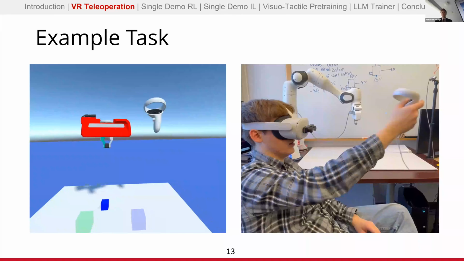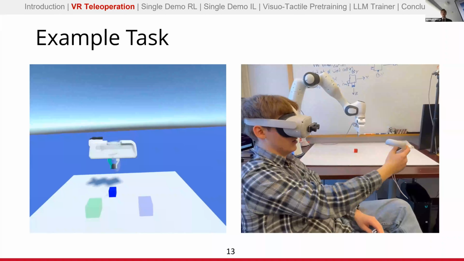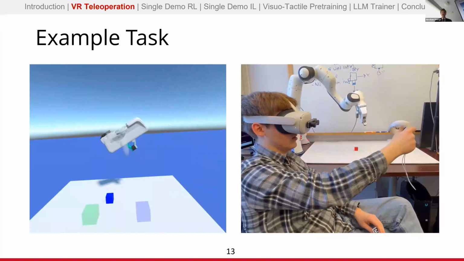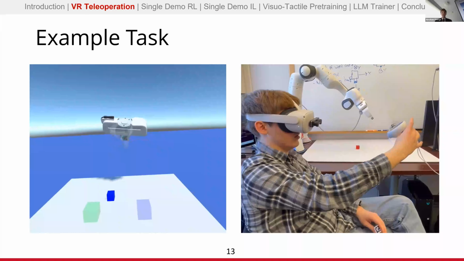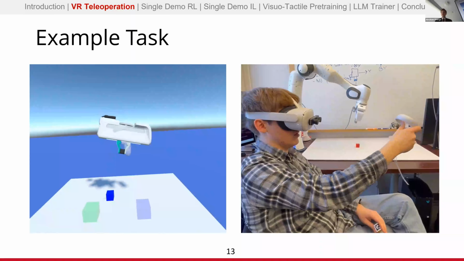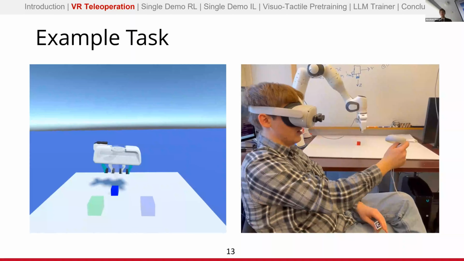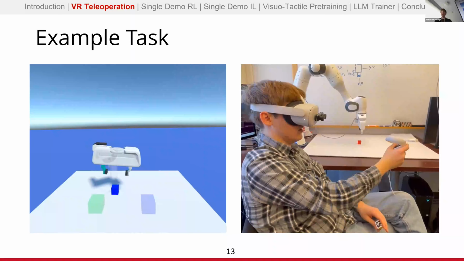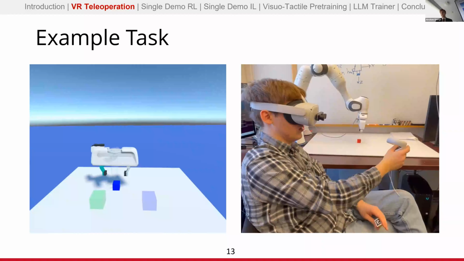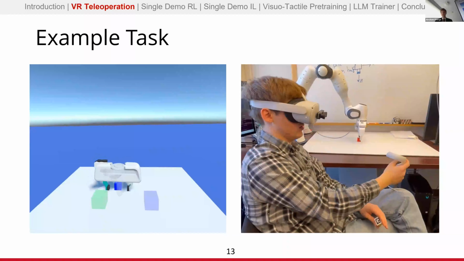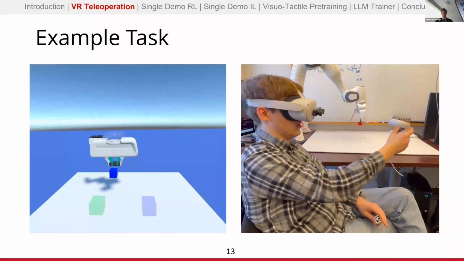So here you can see the user hand is tracked. We also have a pause feature, so the user can do something without having the robot follow them. We have 6-degree of freedom operation, so rotation along with position control, and we have gripper control using the joystick. Here you can see there are 2 grippers rendered, a green gripper and a white gripper. The green gripper shows the goal position, while the white gripper shows the achieved position. This is because the gripper is slow and has a low frequency control, so that just helps the user see what they're actually commanding. And here you can see an object being maneuvered.